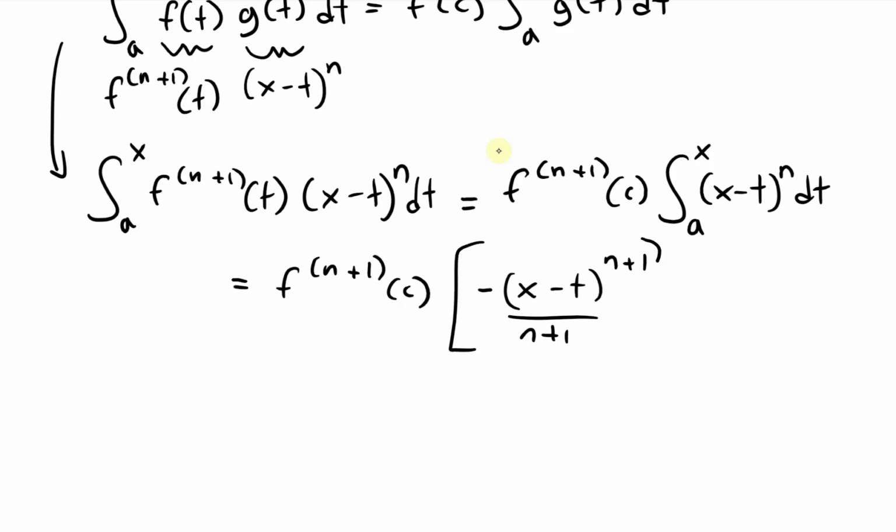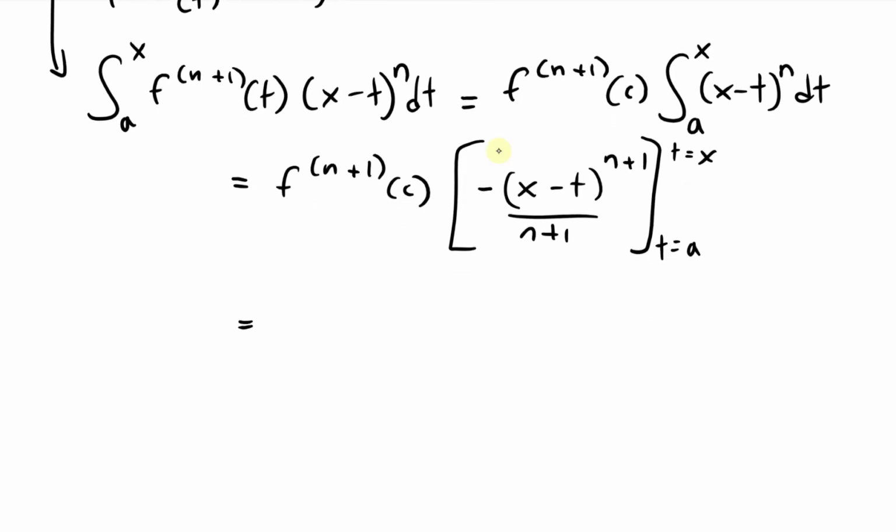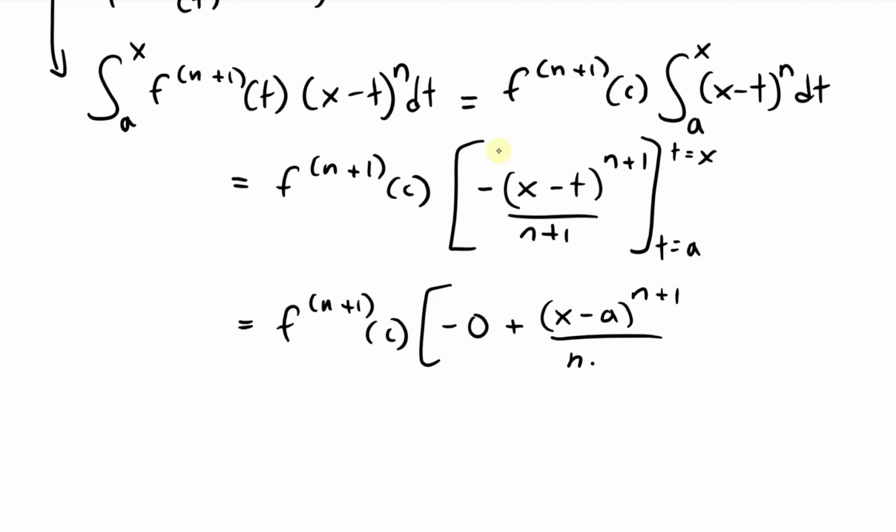This is negative. And this is going to be from t equals a, not x. So t equals a, and t equals x, like that. And then what we're going to get is f of n plus 1, this is the derivative at c, like that. And then over here, plug in x, that goes to 0. So this is going to be negative 0. And then, yeah, so this is when you plug in x. And now we subtract this, so a negative there is going to be positive. And then we plug in a inside. So we're going to have x minus a to the power of n plus 1 over n plus 1